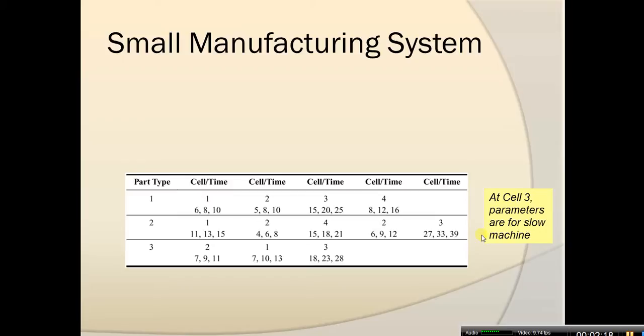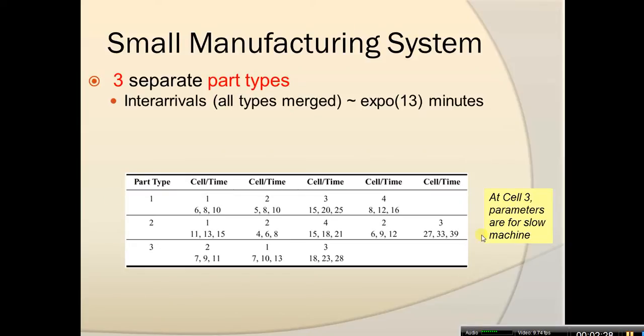Here you can see we have different cell times, and they're dependent on the part type. We actually have 3 separate part types, and inter-arrivals of all types of parts are merged, and we assume they are exponential with an average of 13 minutes between arrivals. We have type 1, 2, and 3 parts, and 26% of all parts are type 1, 48% type 2,